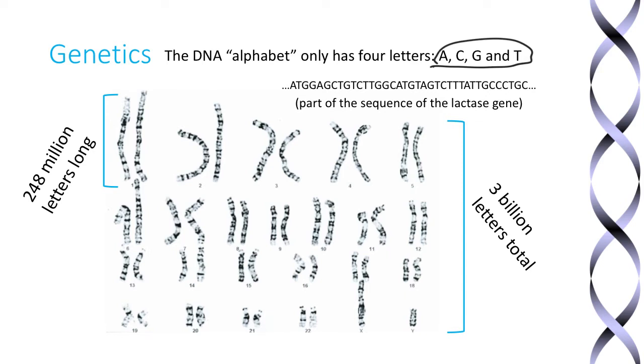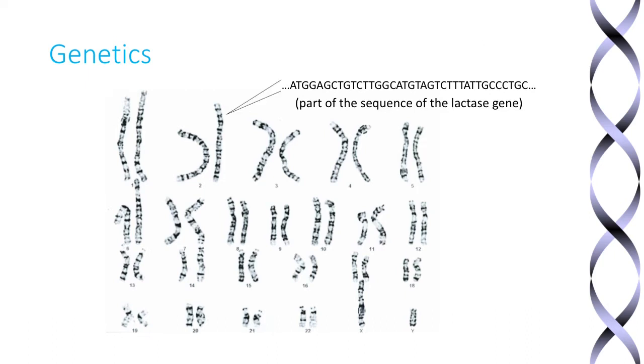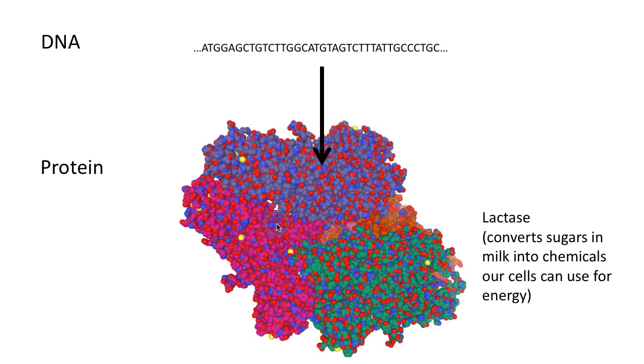And I point out here that this short sequence, which is part of the gene called lactase, is found on our chromosome 2. So somewhere in each of our chromosomes, yours, mine, everybody else that's watching right now, we have a DNA sequence that is either this or very similar to this sequence of letters. And that sequence again is the gene that encodes a protein that's called lactase. Some of you might know what lactase does, and some of you might not. But before we get to what lactase is and why it's important for this story,